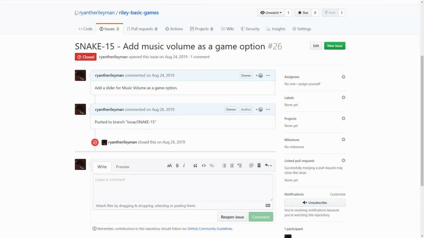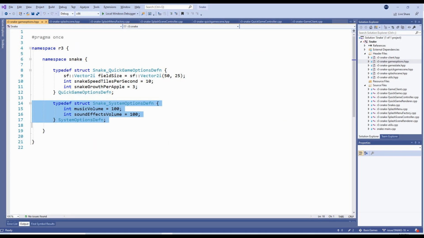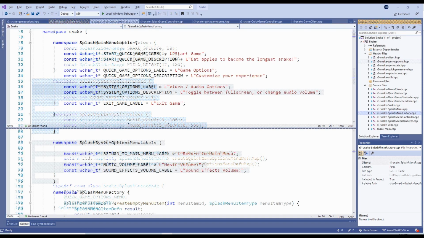The next 2 tasks involved adding a System Options menu to adjust the music volume and the sound effects volume. We'll look at the code changes for these together, as they're very similar. First, we add a new System Options definition struct, setting the default volume to full at 100. We add another set of menu identifier and slider value constants for the new System Options menu, along with constants